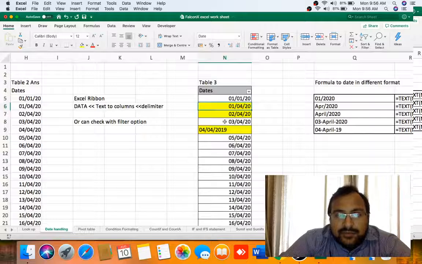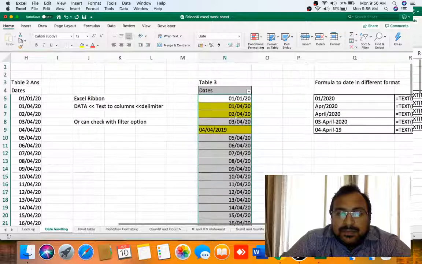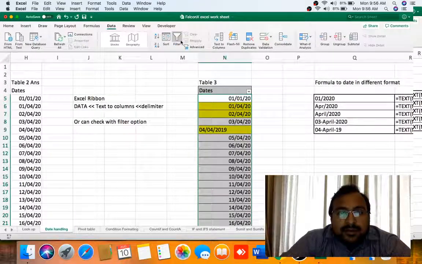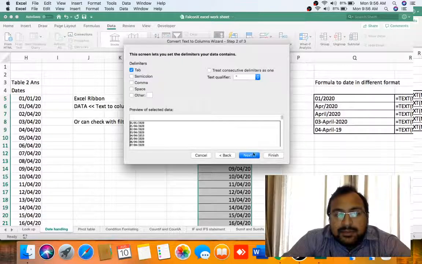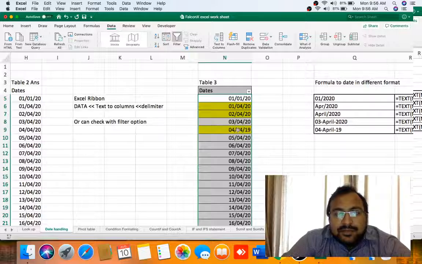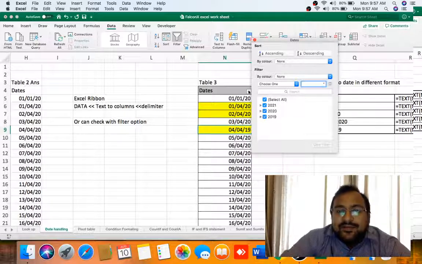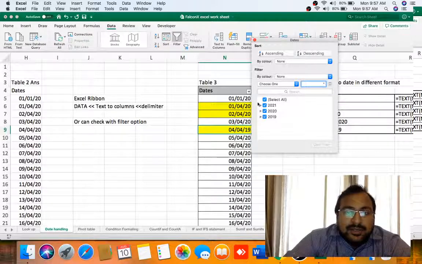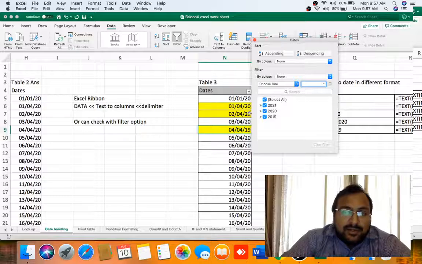Now second, we want to select only the date part, date, Text to Columns, Delimited, Next, DMY, Finish. As you can see, all dates got rectified in this column. This is the easy and best way of identifying whether the dates are in proper format or not. If they are in proper format, it will club itself, otherwise it will not club.